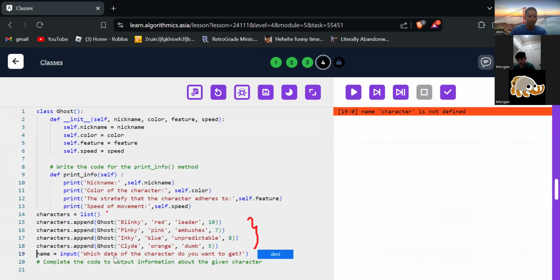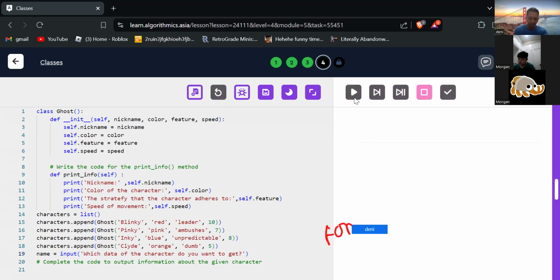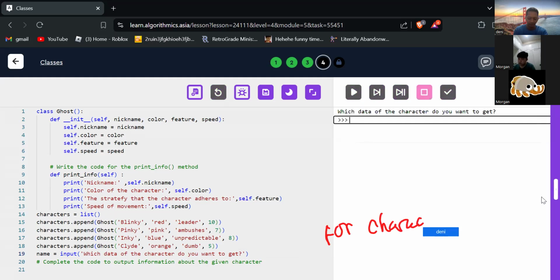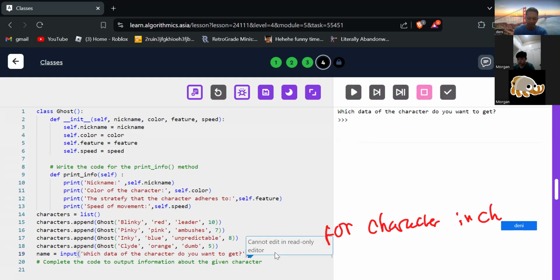And then we must check if the name that we input is in the list or not. So we need to check for character in characters.